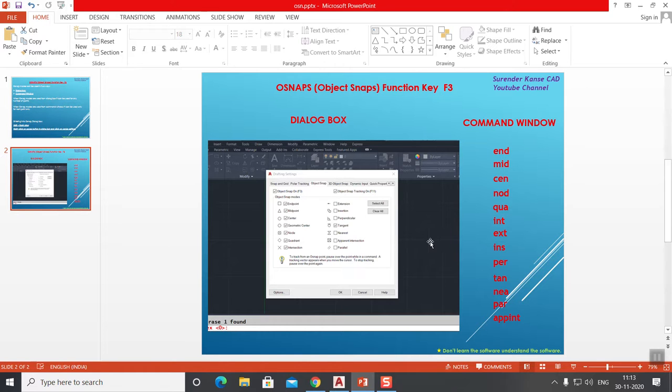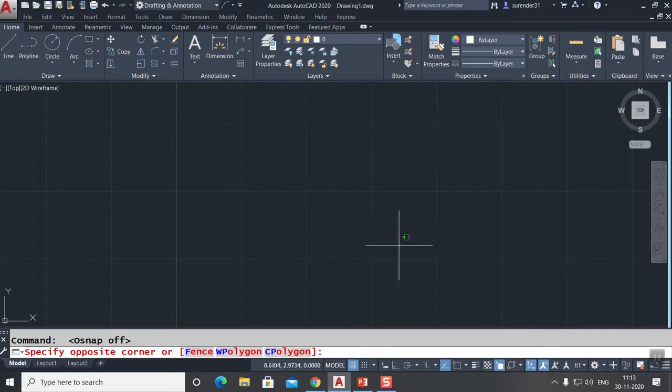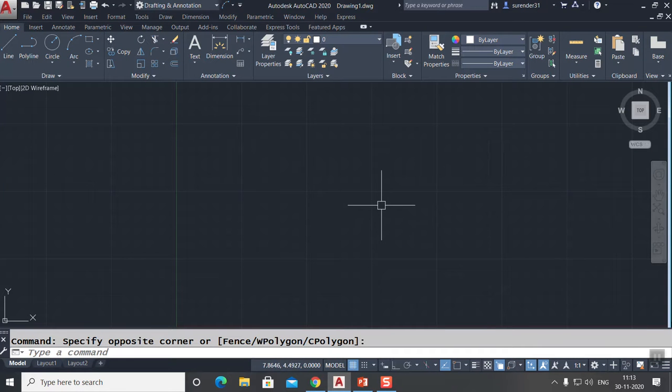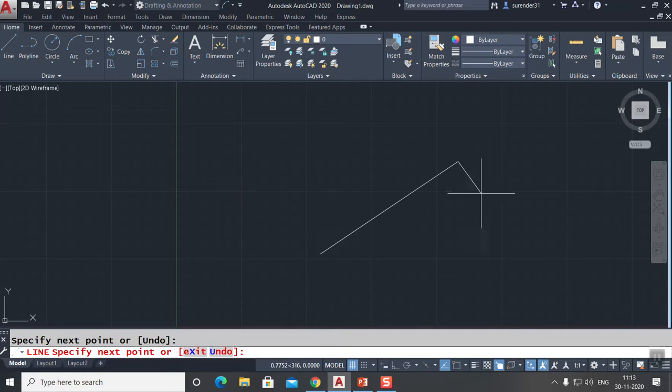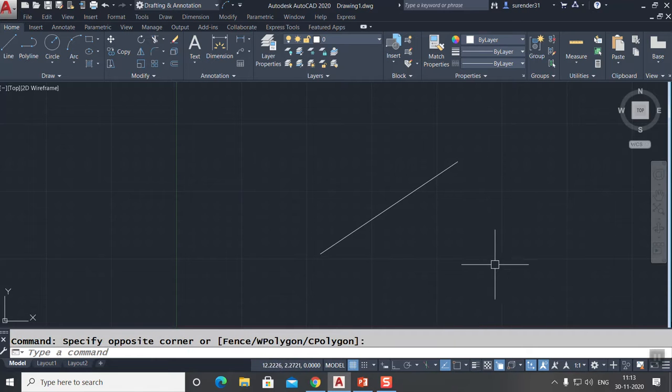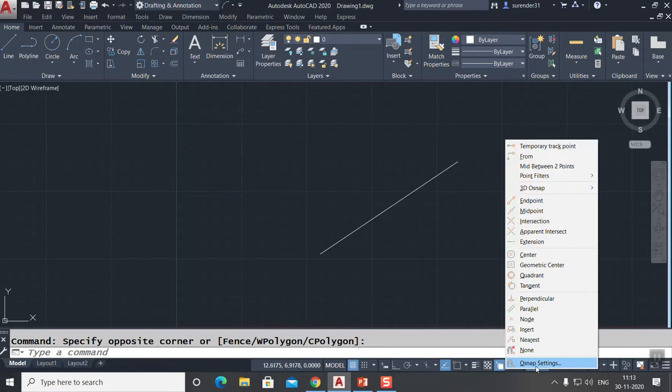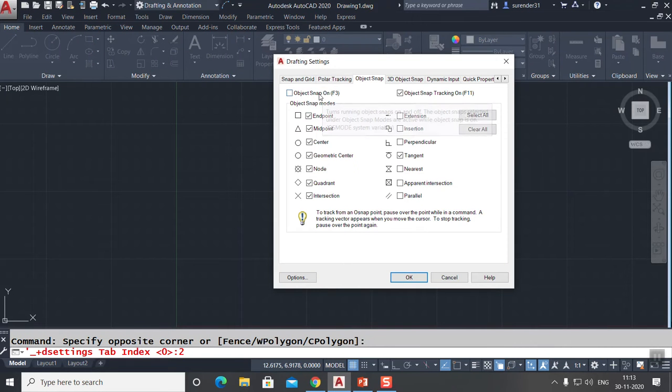Now let's see how to use that and what the proper techniques are when using OSNAP modes in AutoCAD. I'll just draw a line like this. Now I'll go into the dialog box. I'm holding Shift and right clicking and then going into the OSNAP settings. Here you can see the OSNAP status is off. I can make it on here, and I say Clear All. You can clear all the OSNAP modes and Select All to select all of them, but don't do this. Say Clear All. Now endpoint and midpoint are what I require in the drawing, so I turn those on and say OK.